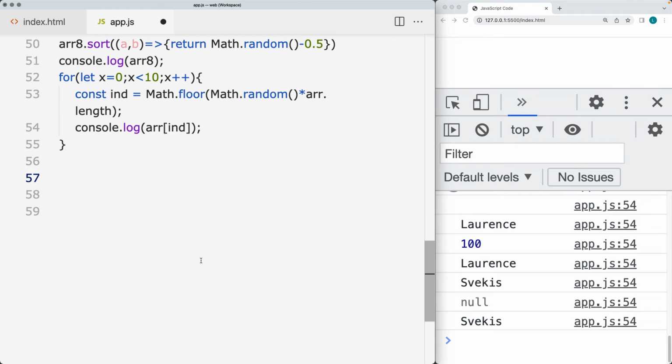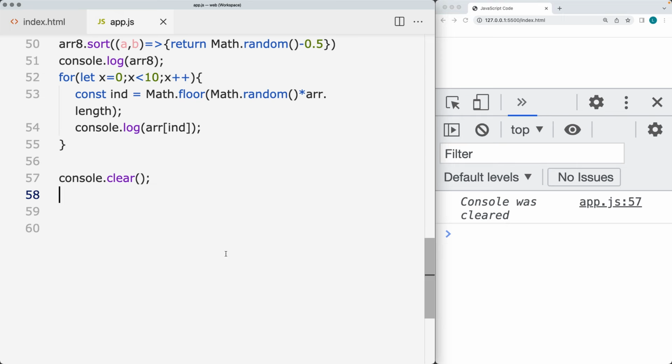So arrays do have quite a bit of methods that are available. There's also ways to get items and slice items from the center of the array. So let's do a console clear, and we'll go over some of the ways that you can get items and get values from the items of the array. So if we wanted to add items into the array,